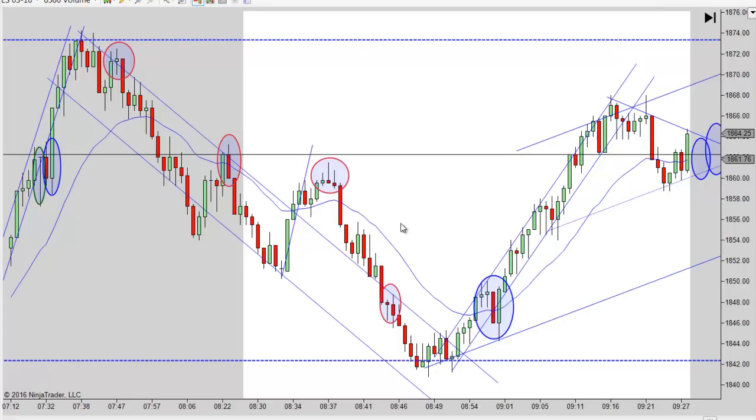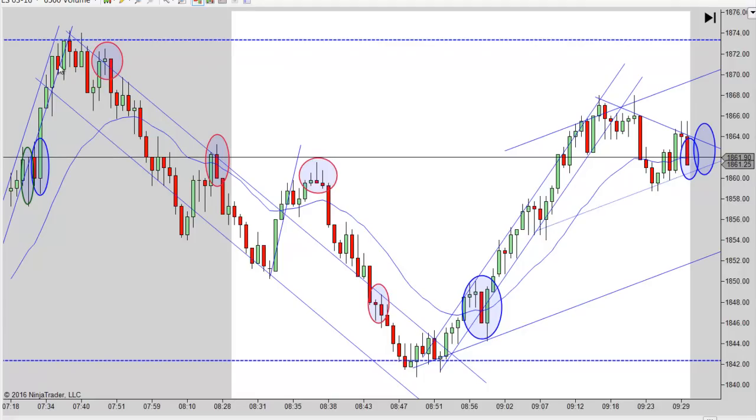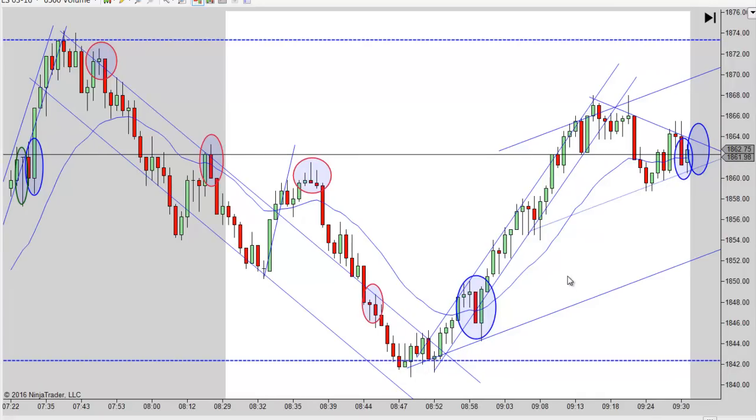And if you understand what's going on, that prices are trending down, and that's your first break of a trend line. So most likely you're going to at least test this low, and you may test the low of the range. And look, we go right down to the low of the range and we bounce. Right, exactly where you would expect it to go. And if you caught this one